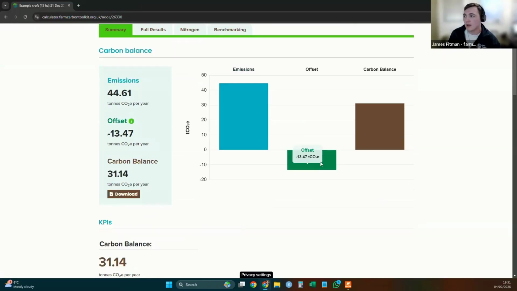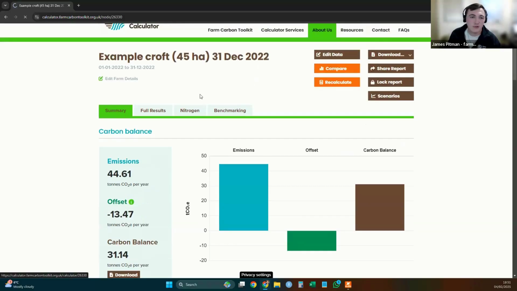And you can see that in comparison to your emissions compared to your removals, and you can also see where you fall on your balance. So you can see here at the moment, I'm quite far off of net zero, or quite far off of net negative. I have more emissions than I have sequestration, and I might think, oh, I haven't entered my soil